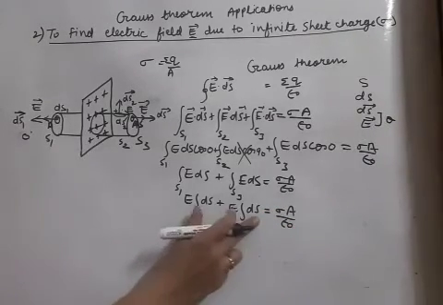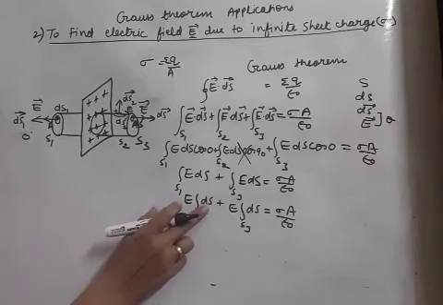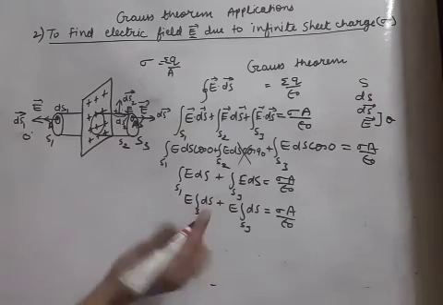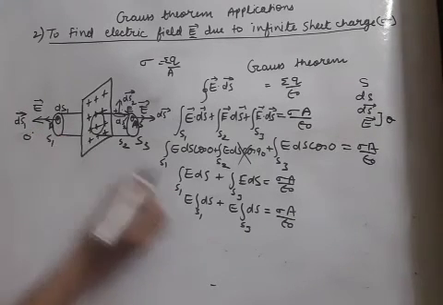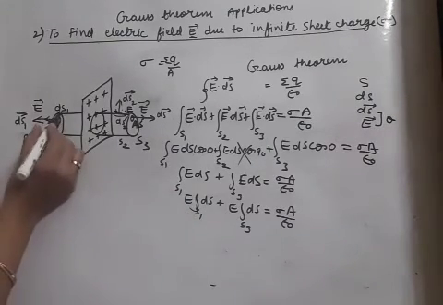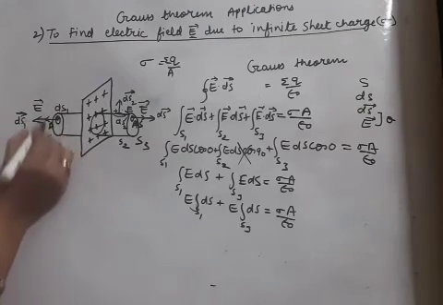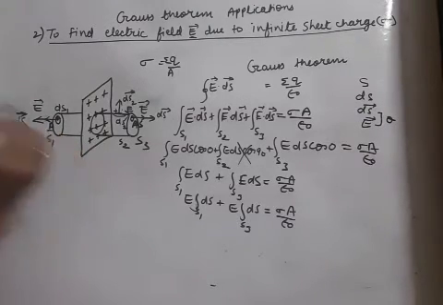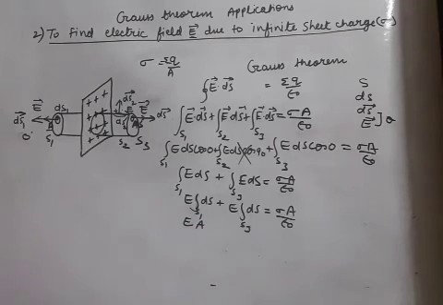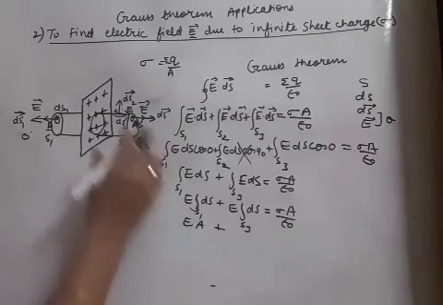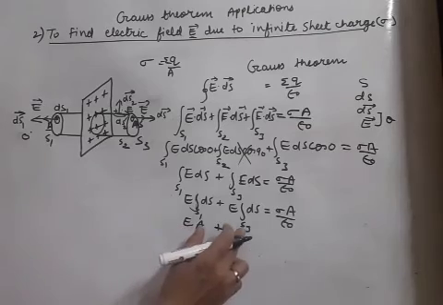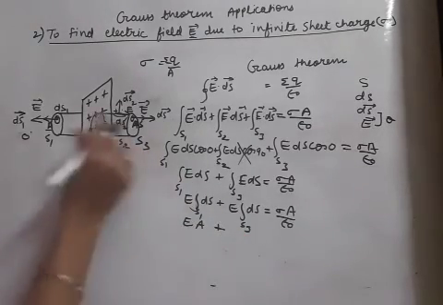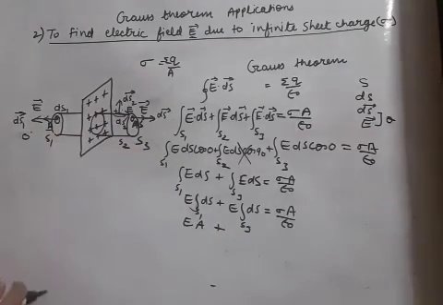Okay, now let us solve these two integrations. As I told you before, in the line charge case, ds means small area of circle. So integration of ds means whole circle. Now in the starting only we have taken the whole circle's area A. So we can write pi r square also, or we can write A area also. In the same manner S3. So for S1, if the answer is A, so S3 also the answer will be A, because it is a cylinder. Both the circles are of the same area.